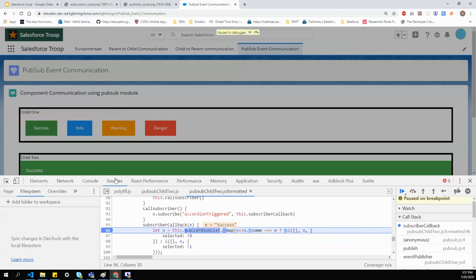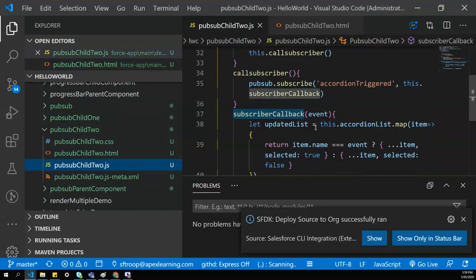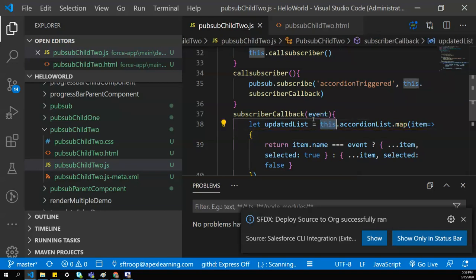Let's go back to our VS Code and see. In child 2, let's go to our child component 2.js because we are getting an error. This.accordionList is not present because this doesn't have the scope.